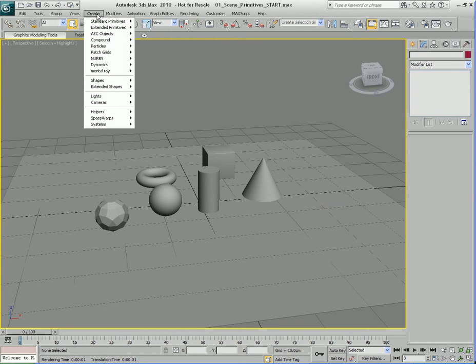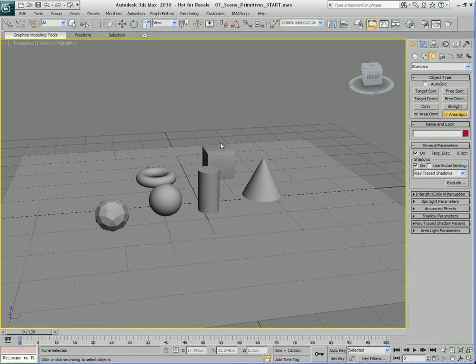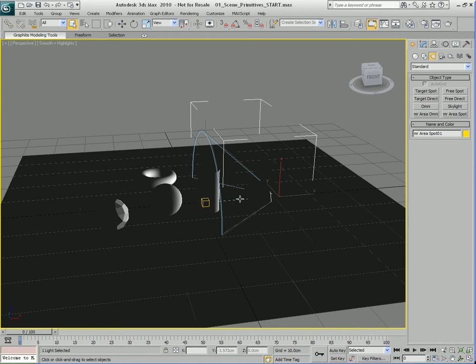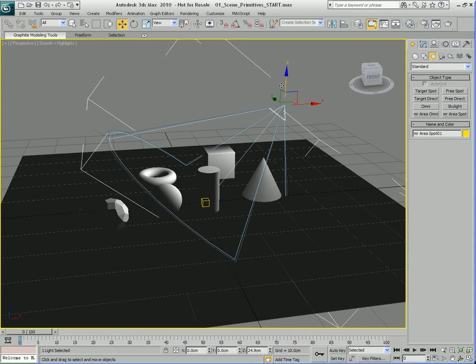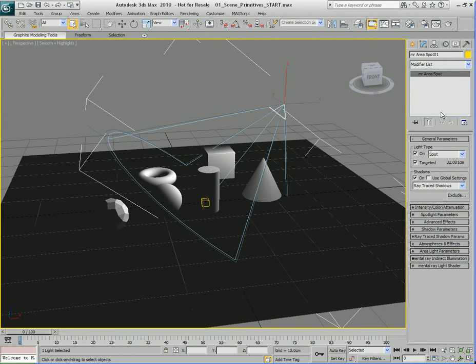I'll go back to the Create menu, go to Lights, I'll go to Standard Lights, and down here we only have two standard lights for mental ray, an area spot and an area omni. So let's go ahead and create the area spot. Okay, let's go ahead and click and drag here, create our interest point there. Alright, I'll hit W on the keyboard to activate the move tool here and move this thing up. And let's hit 2 on the keyboard to open up the modify panel over here and start to adjust some